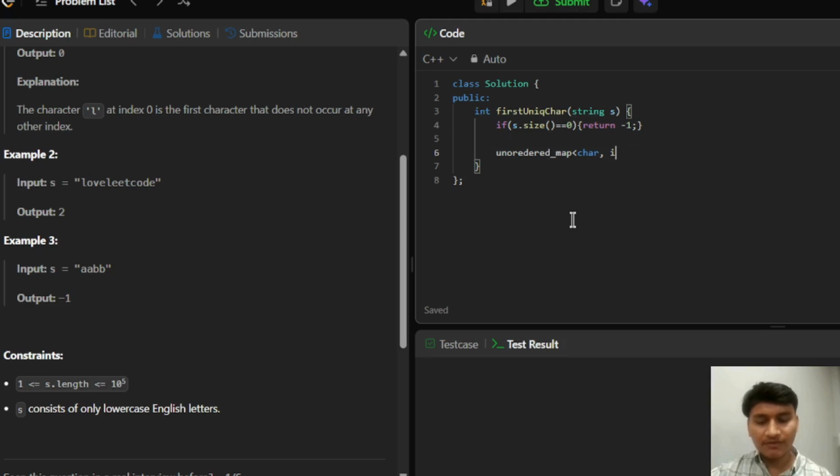Firstly, we will save every character of the string, and then second, in an integer, we will save its frequency. We will name it as